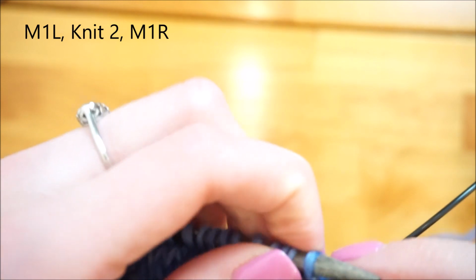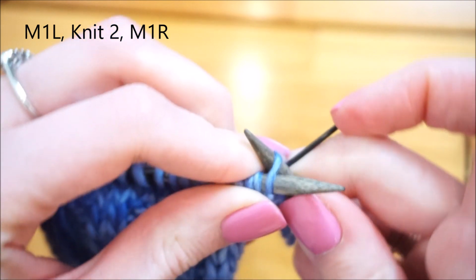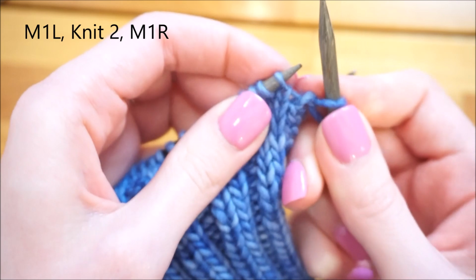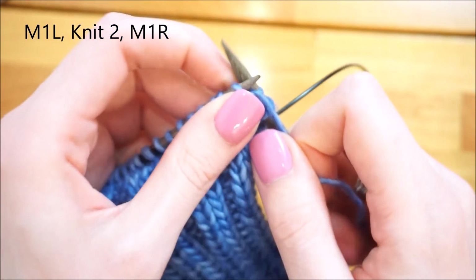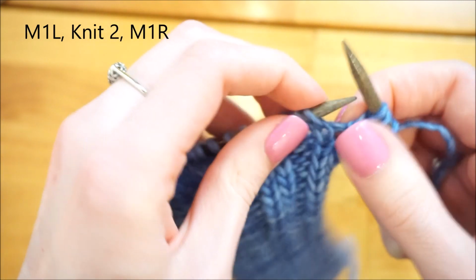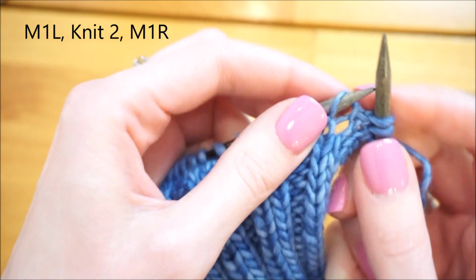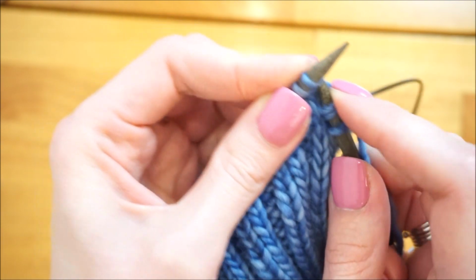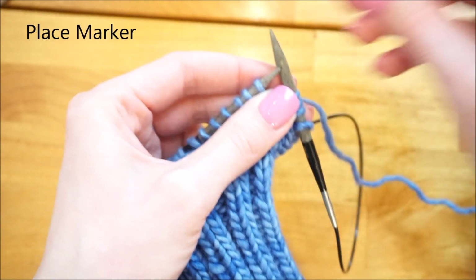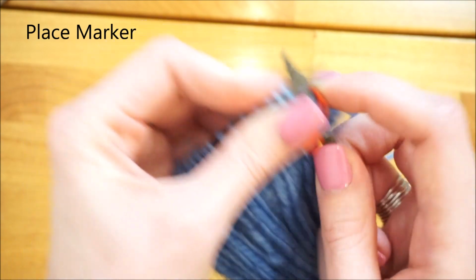It can be a little trickier to get in there on this first stitch. So there's my make one left, knit two, then make one right. Here we're going to go back to front underneath the bar, and then knit into the front. Since this is the first time we did the increases, we don't have our stitch marker there yet, so we're going to place our stitch marker. Then it says knit 4,